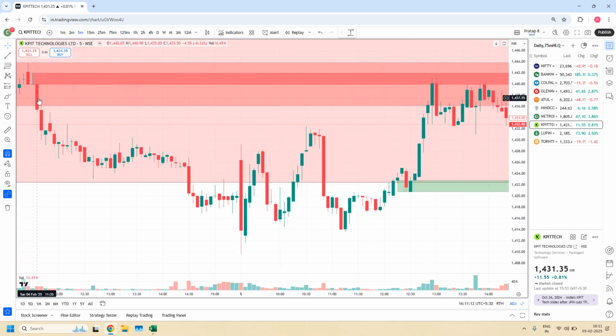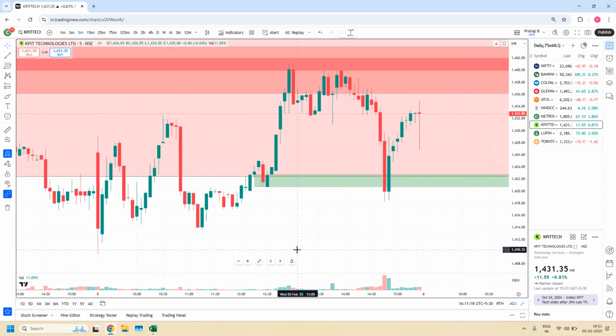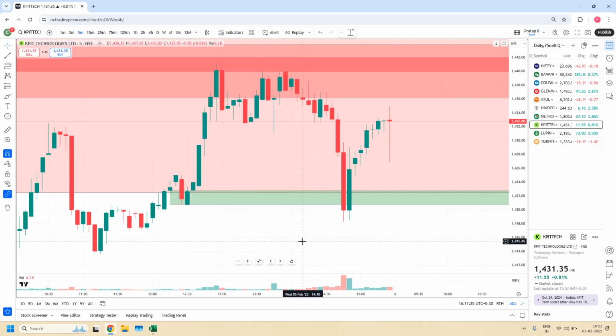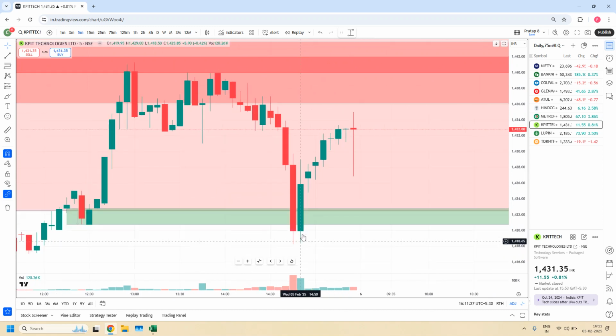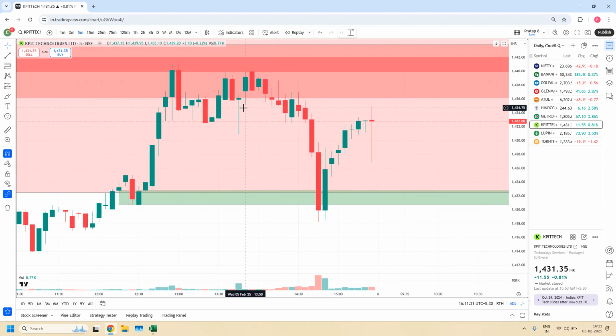It was created at 11:35. After 1 hour, prices again entered this zone and we got a trade opportunity. For some time it was moving here, and you got another trade opportunity. Actually you could have taken 2 trades also, that possibility is there. Though I am considering 1 trade, why am I saying 3? See, first trade you got,